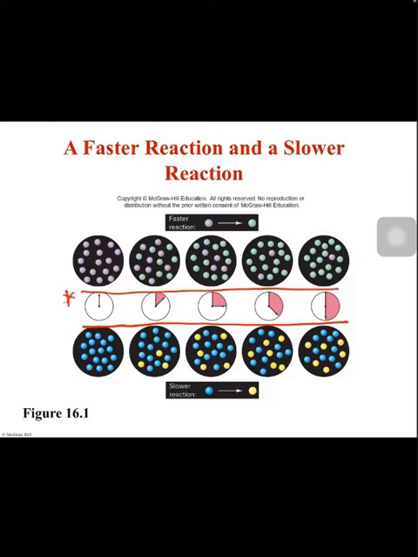Sebenarnya ada 2 jenis chemical reaction kat sini, ini yang pertama, ini yang kedua. For the first one, the purple molecule represents a reactant and the green molecule represents products. Initially, in the beginning of the chemical reaction, we have a very high concentration